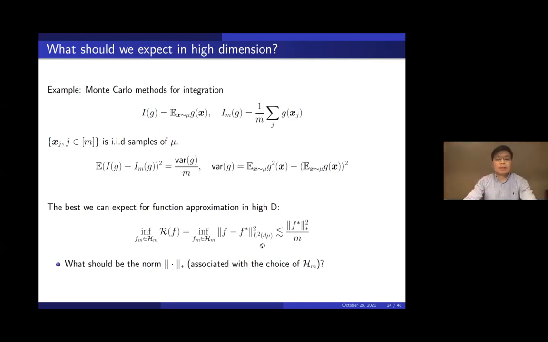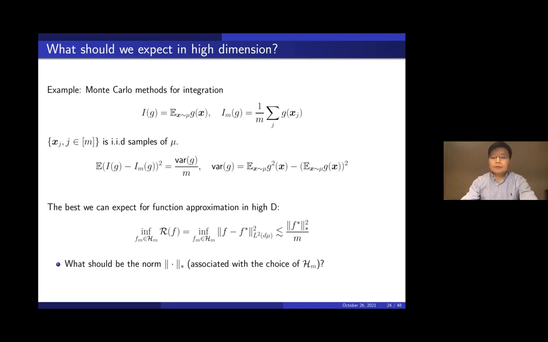Oh, okay. So I wanted to say, we want to have this kind of error control. We want this to be true. The question is, can this be true? For what kind of hypothesis space does this hold? And if it is true, we would like to calculate this quantity here. We would like to have an expression for this quantity. Before, you had the Laplacian there. There's no Laplacian here.